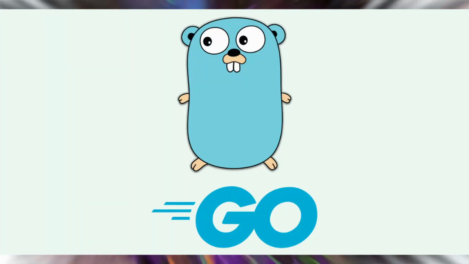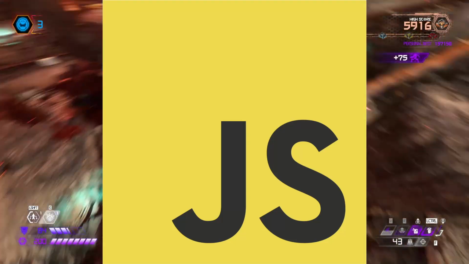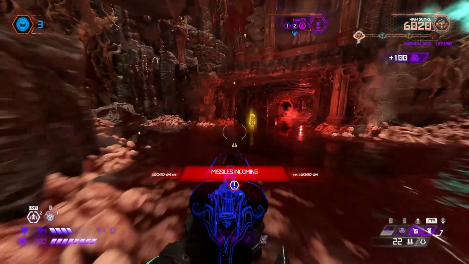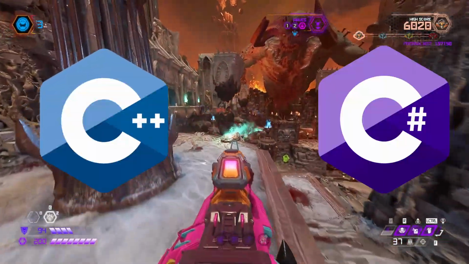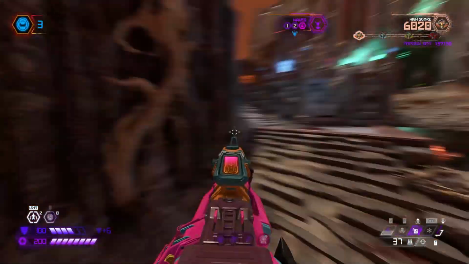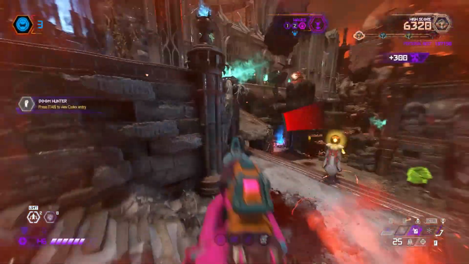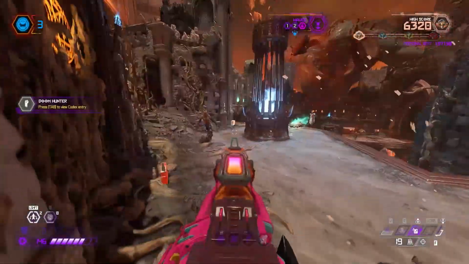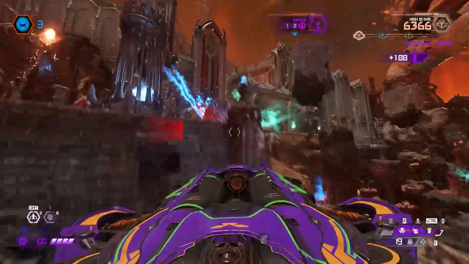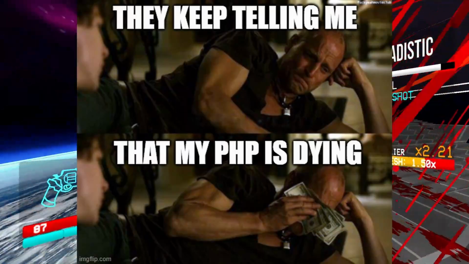A language like Go is often used for server-side programming. JavaScript and HTML5, the serial killers behind the murder of Adobe Flash, are used for a lot of web-based applications. C++ and C# are great for more intensive programs, especially C++, which Unreal Engine uses. And Godot also supports it, which can really optimize your projects on that engine to run even better, provided that you've written code that won't backfire on you later and your memory allocation game is on point. There are these people, Windows users that use Swift, and Java. The reason why I can crank out tunes from RuneScape when I'm out leveling my woodcutting skills to 99.